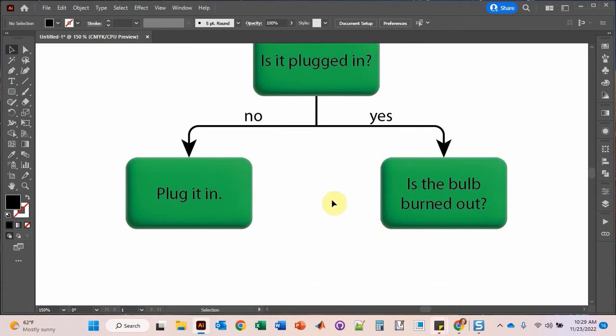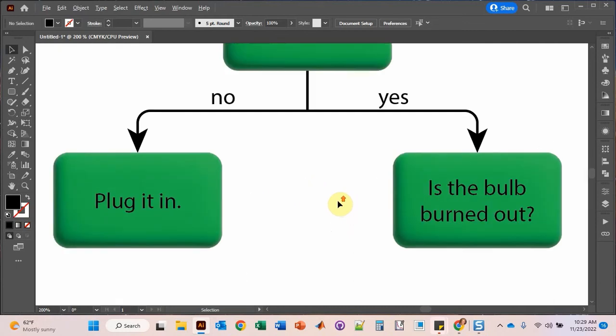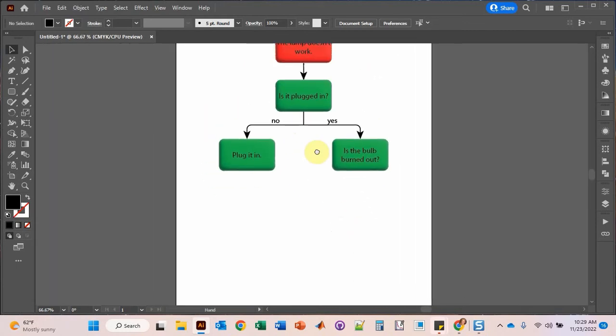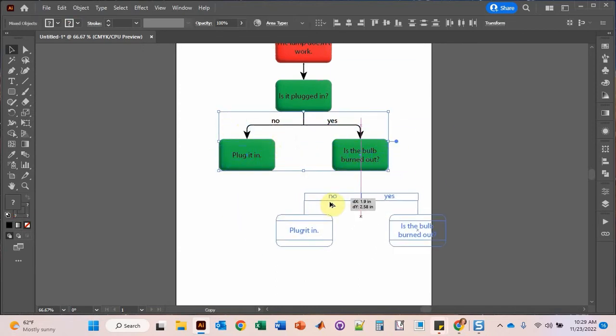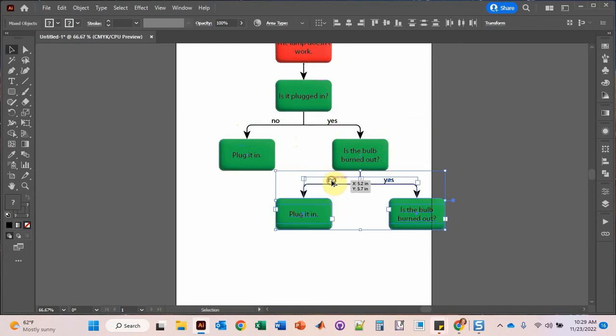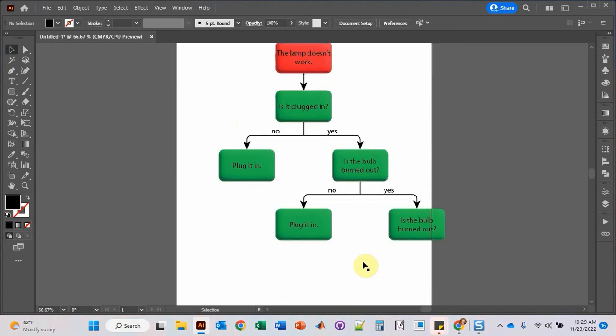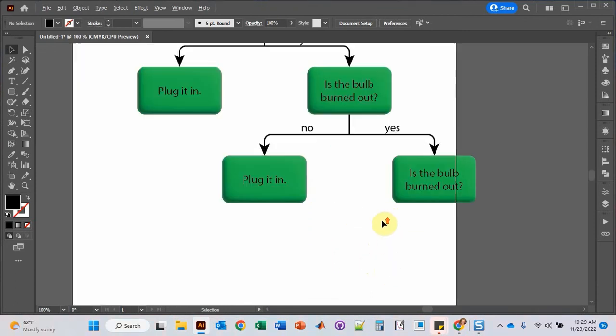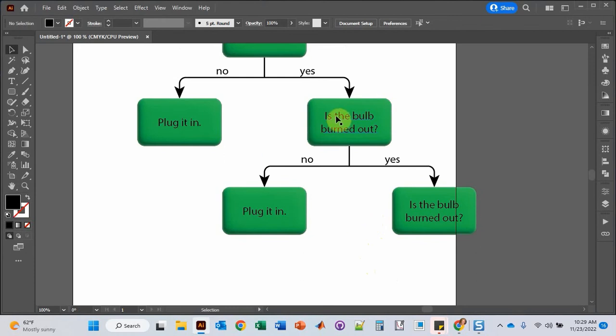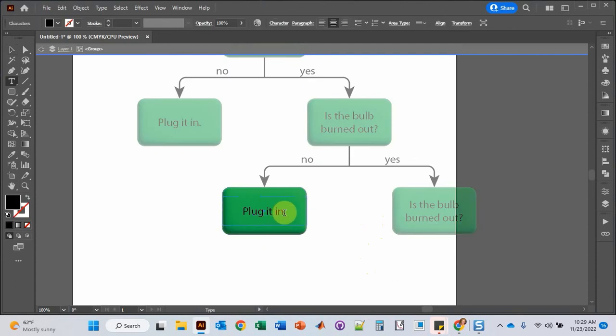So a lot of times with Illustrator you can save yourself some time by knowing some of the tricks of the trade. So I'm holding the Alt key to zoom out. And let's just copy this whole thing and drag it down. And it looks like we're exceeding the edge, and we'll fix that later, but right now let's just keep on going. Is the bulb burned out? No, it's not. So that's the clue to